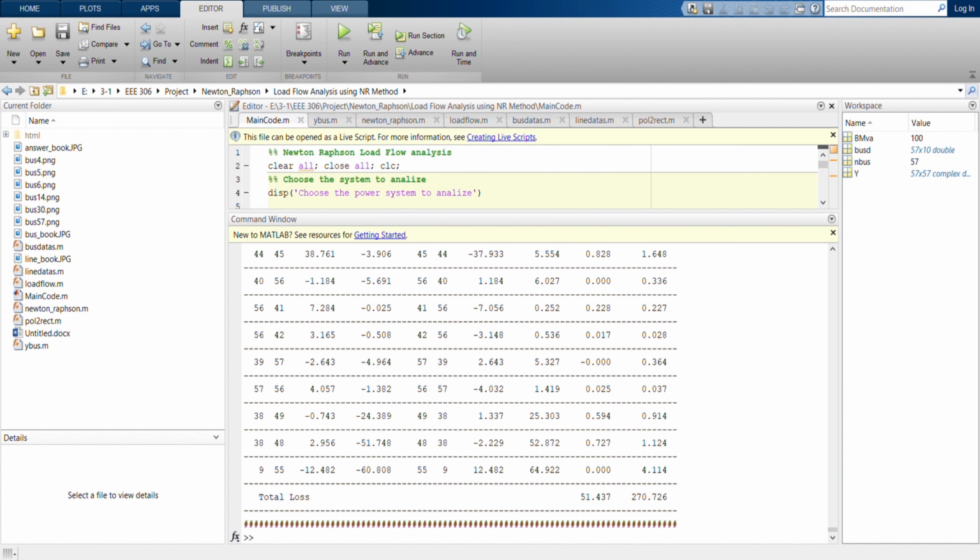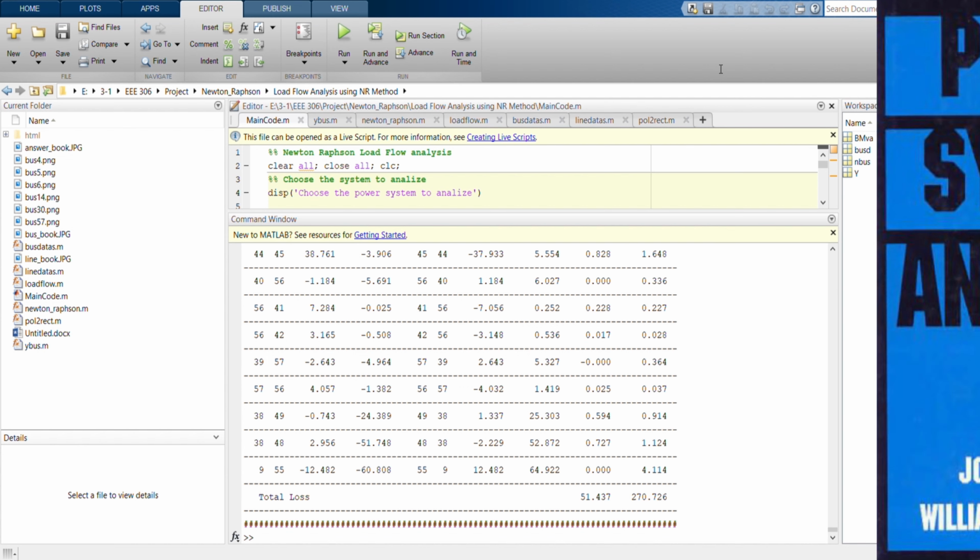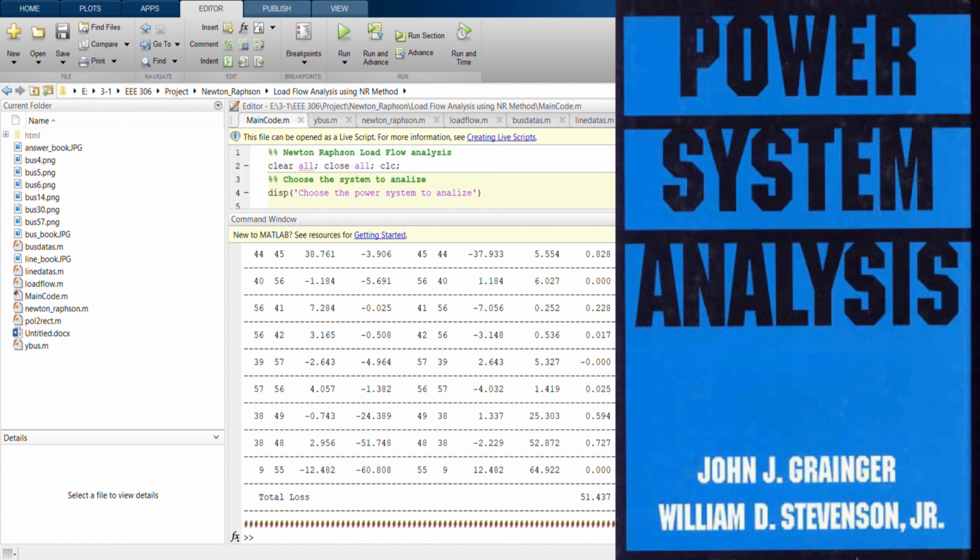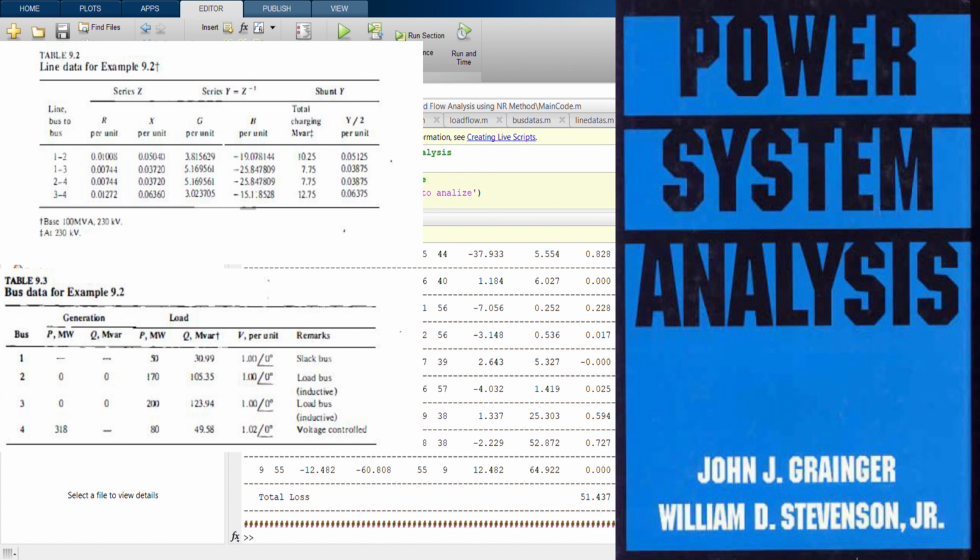Now, how are we sure whether we are doing it right or wrong? To verify this, we have taken data for a 4 bus system from the book Power System Analysis by John J. Grainger and William D. Stevenson Jr. Here is the line data and bus data for the 4 bus system which we have taken as